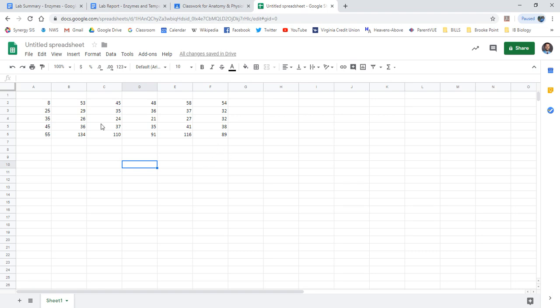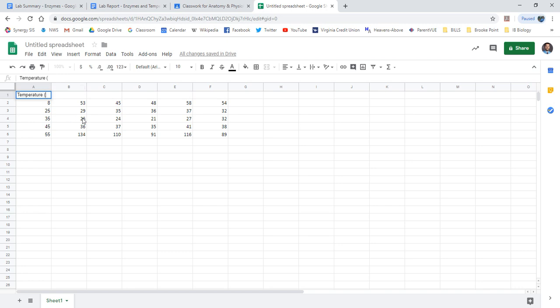Now what we need to do is tidy this up just a little bit. So to do that, we want to identify this as our independent variable and all of this as our dependent variable, which means we need to separate this a little bit. First thing I'm going to do here is call this temperature. We want our unit heading, in degrees Celsius, and we want that in parentheses. I'm going to hit spacebar, parentheses,